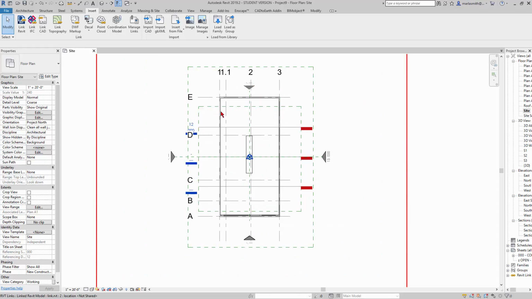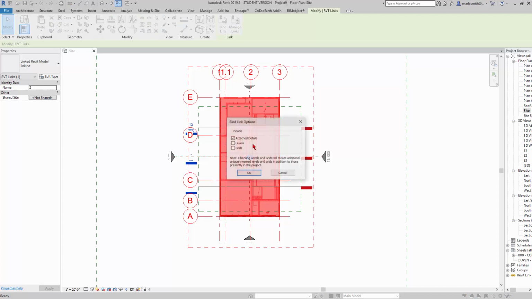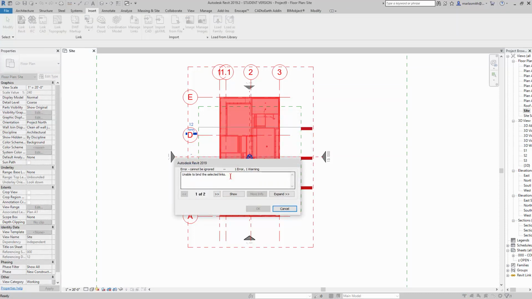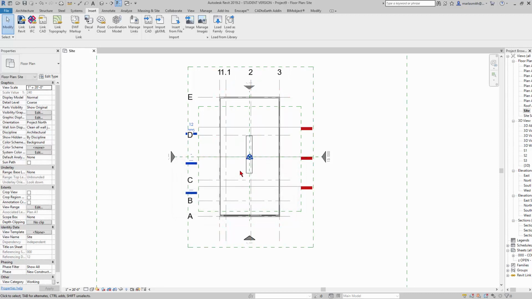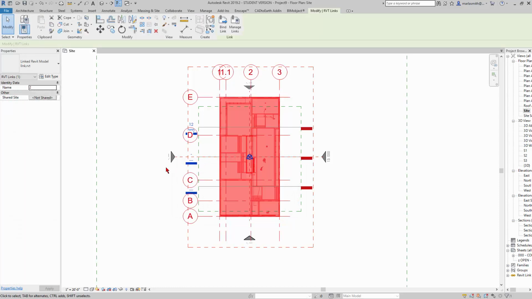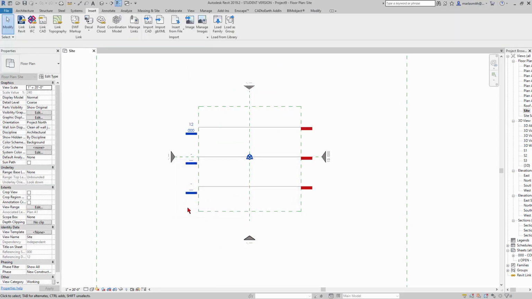So at this point I can pick the file and I can bind the link. I can bring in the levels and grids and click OK and say yes, and then it tells me I can't bind this because there's an error in something in here. I happen to know, because there's no fast way to do this, that the error is in the structural columns and in the structural foundations. So I'm going to hit cancel here, and I'm just going to delete this link for right now, remove it,